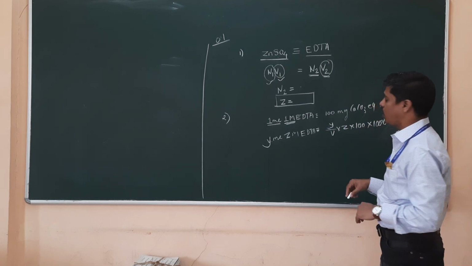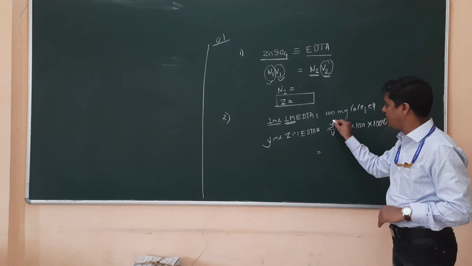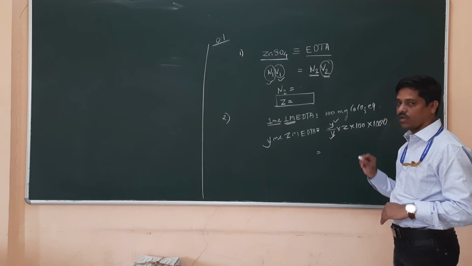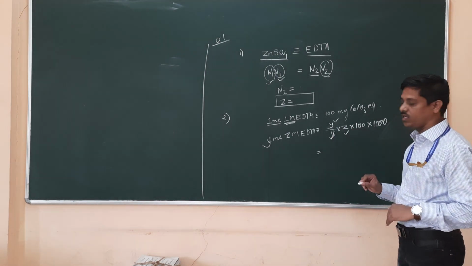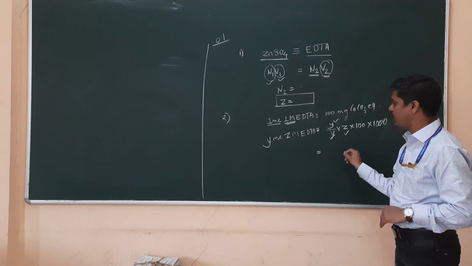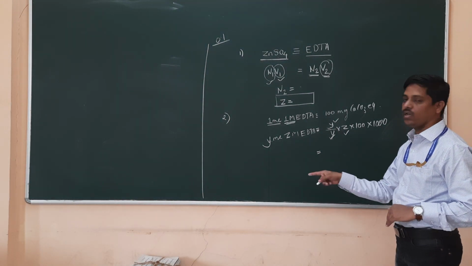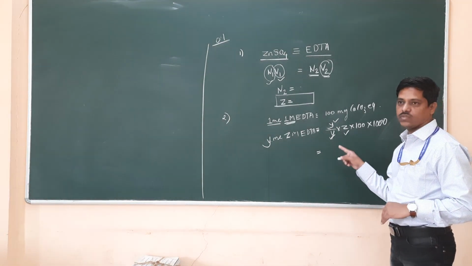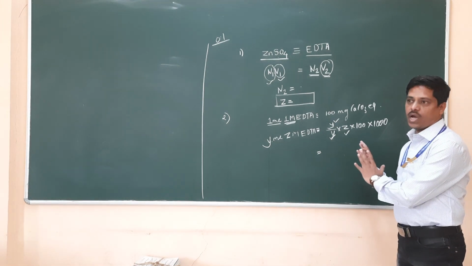So this part we have already studied in theory also. So Y is your burette reading, V is how much 10 ml you have taken in titration flask, Z is the molarity of EDTA, and by putting all these values you will get the answer of this titration. This is your hardness. Okay, so this is the way to find out the hardness of the